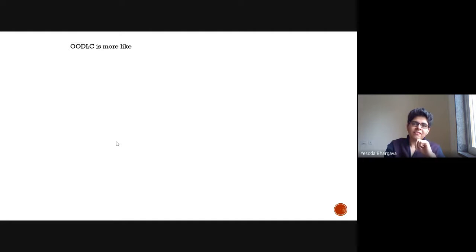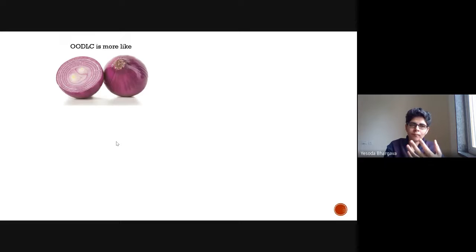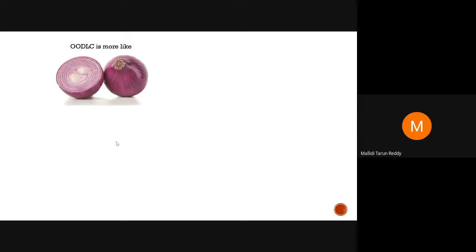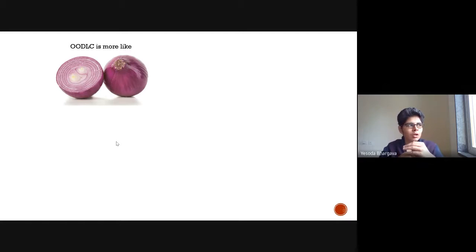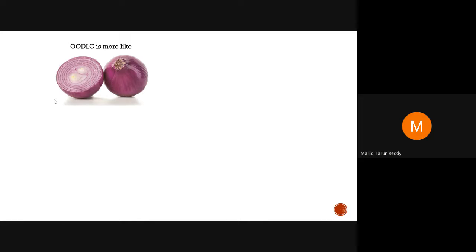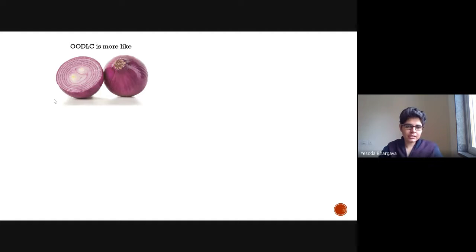The object-oriented development lifecycle is more like, what is this? Cutting onions. When you look at this kind of view of an onion, what exactly do you think it means? Cry. We get tears when we cut onions. So you see, the layers in the onion increase when you move out from the core, as compared to